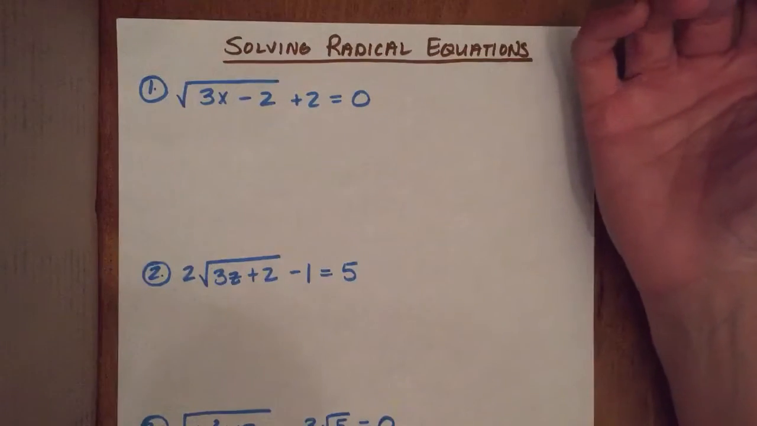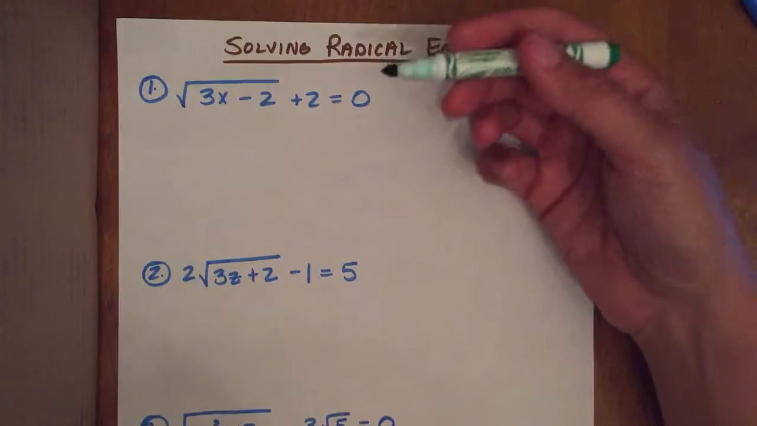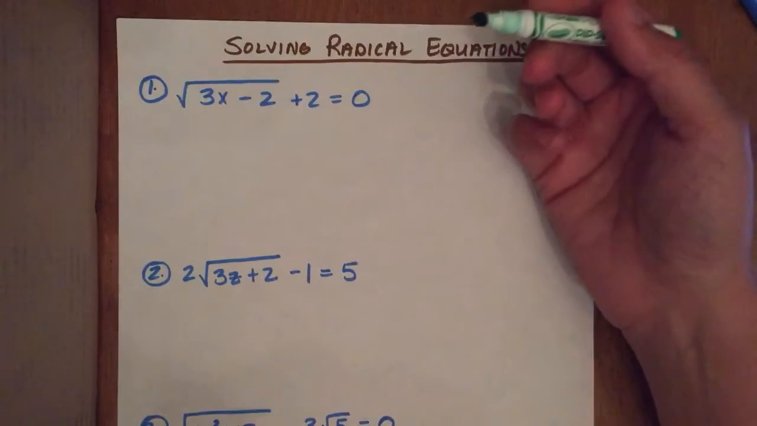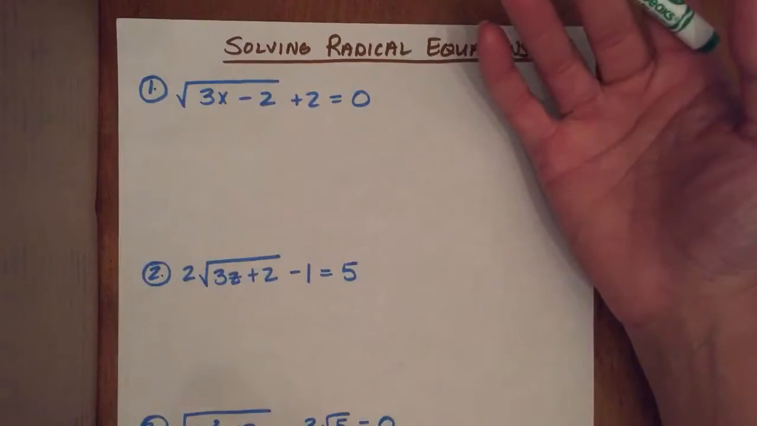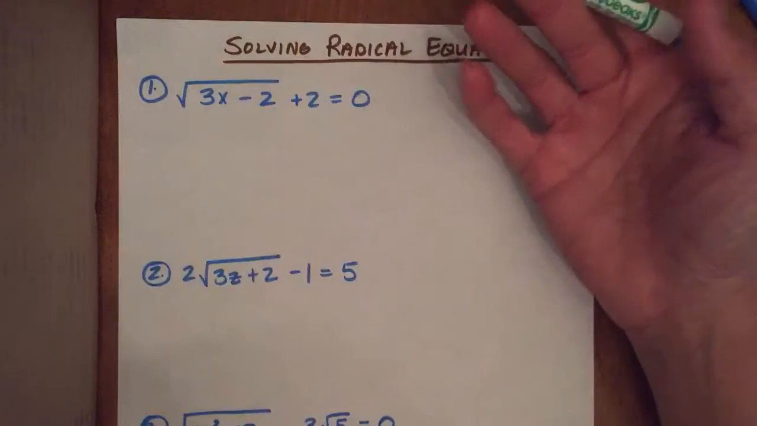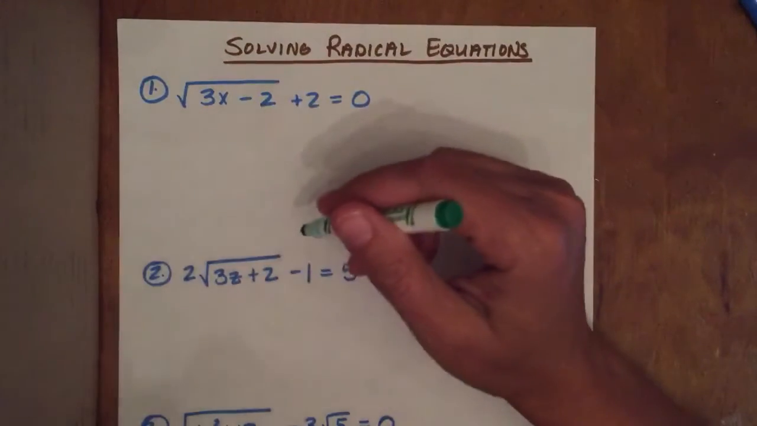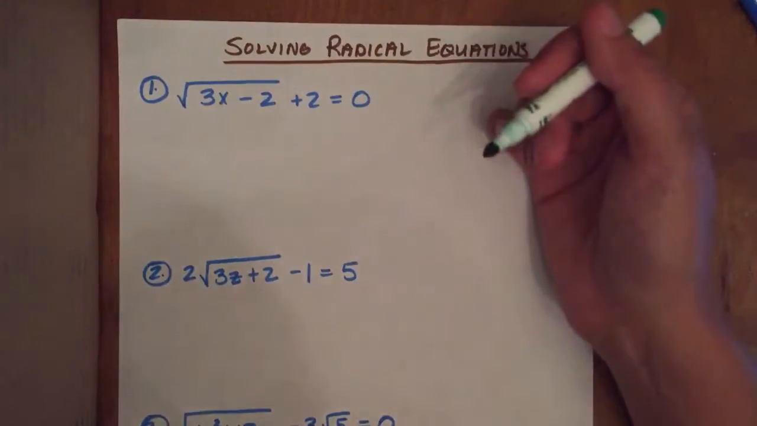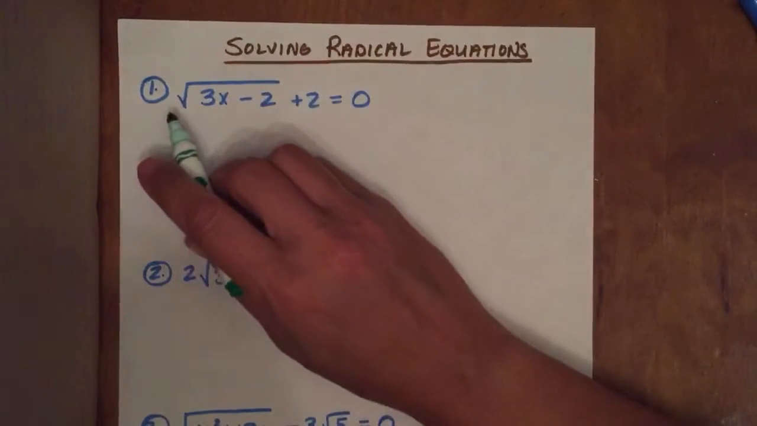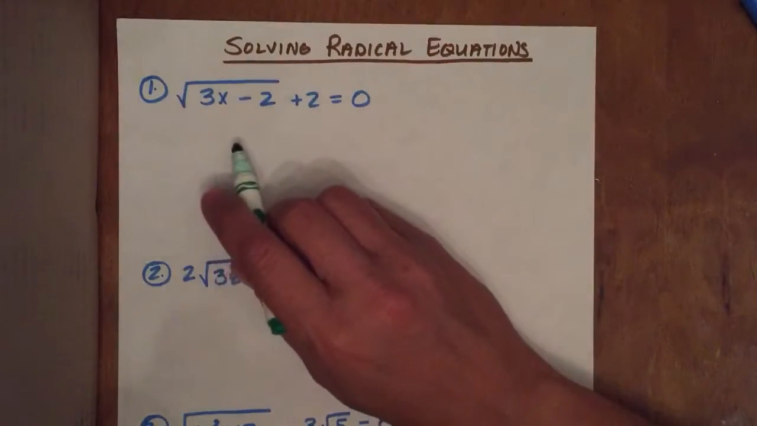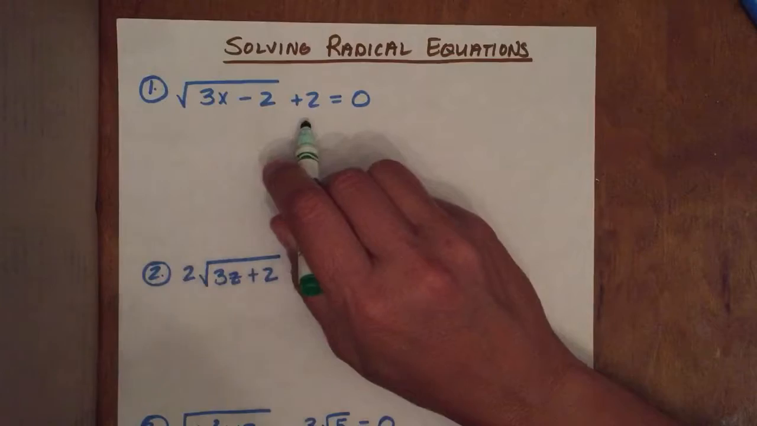Radical expression meaning some type of root, cube root, square root, fifth root, fourth root, some kind of fractional exponent for one of your terms. So we're going to be looking at just square roots, but we're going to look at how to solve using these square roots. So the first example we have is the square root of 3x minus 2 plus 2 equals